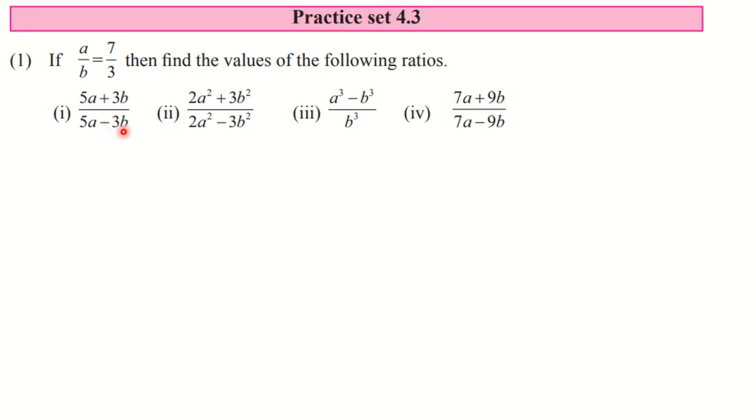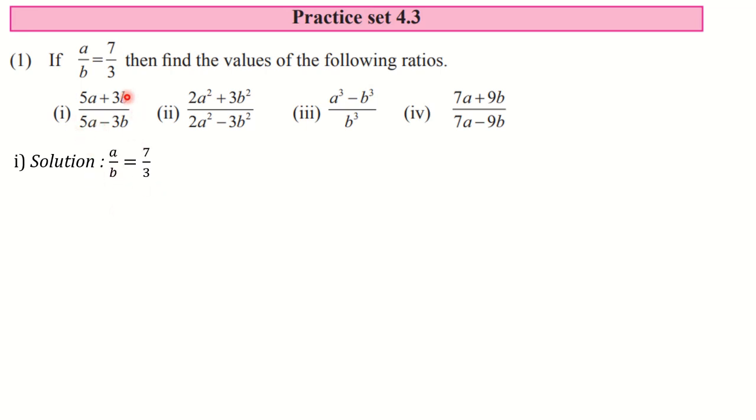What you have to keep in mind here is, this is the final step of your answer. Always you have to start from what is given to you. Never start from what you have to find. Start from what is given to you. So in the solution, your first step is a upon b is equal to 7 upon 3. This is given to us. You can write down the reason here, given. That is why we are using this.